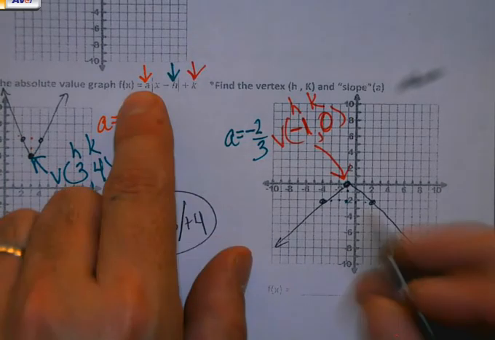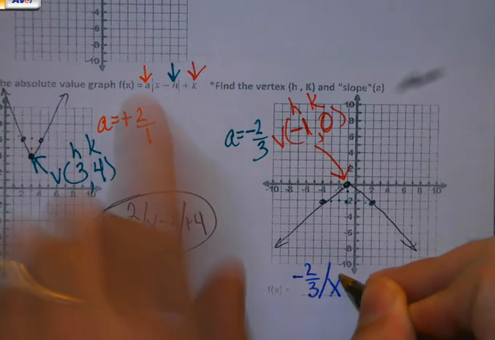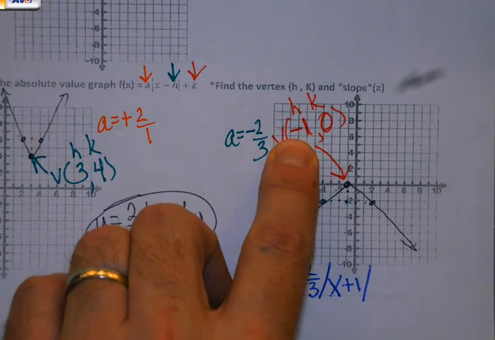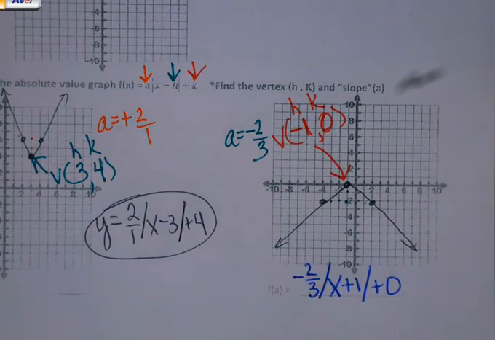And then we just follow along. A, X, opposite of H, opposite of negative 1 is positive 1. And then if you want to put the plus 0, you can, but if we don't, we just assume it's there. So that's what we're taking a peek at as far as absolute value goes and how this would work. So what I'm going to